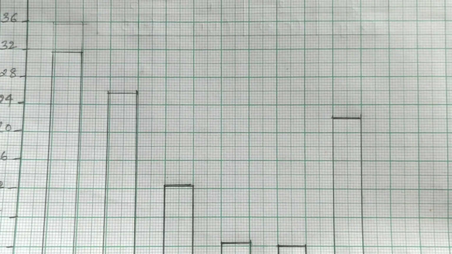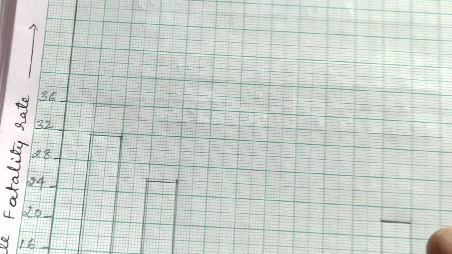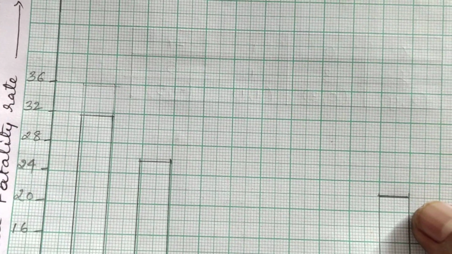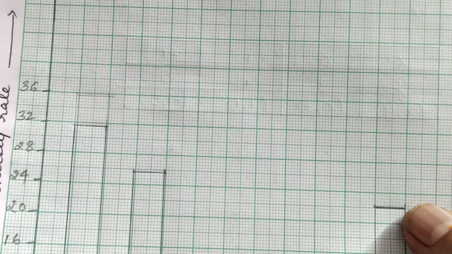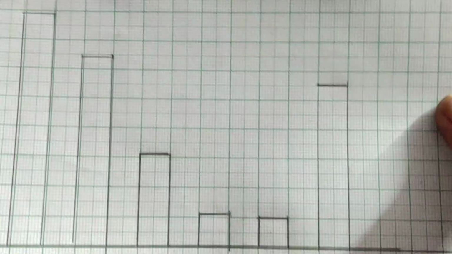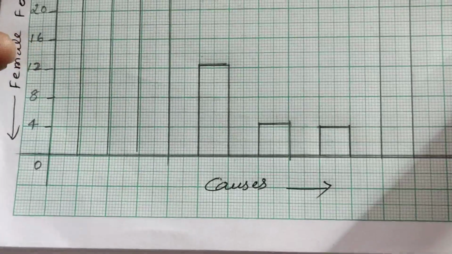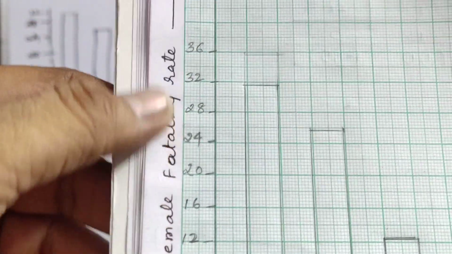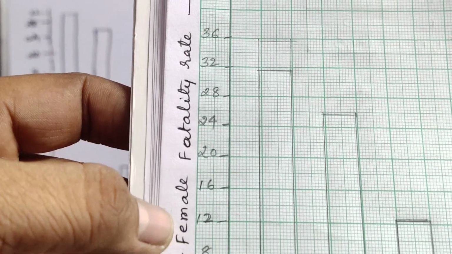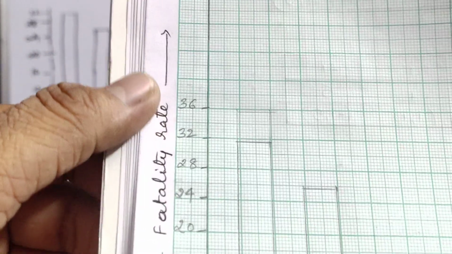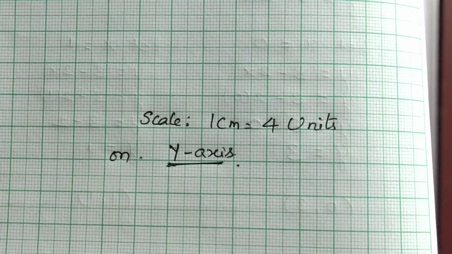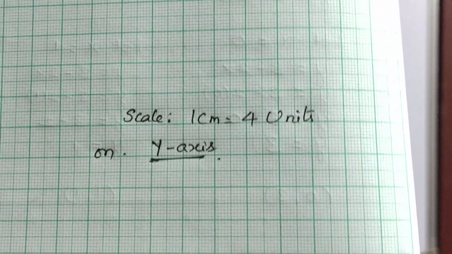Okay, and the next one, the last one is 22. So 22 means, why you got exactly here means 20 and 24, so in between line is 22. So you got exactly here. So you can draw the graph like this. Then you can write here the causes, and on the left side, that means the y-axis, you can write female fertility. Okay, like this. And scale is compulsory, you don't forget it, that scale 1 centimeter equals 4 units,